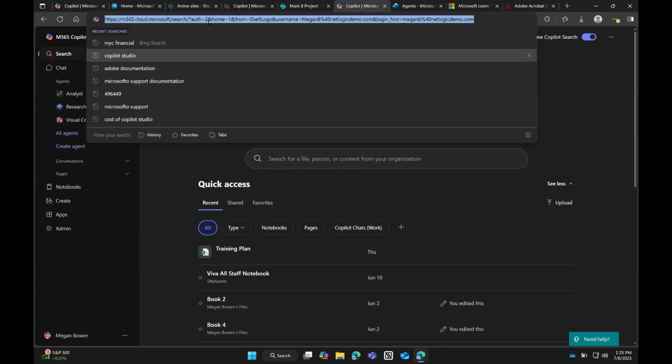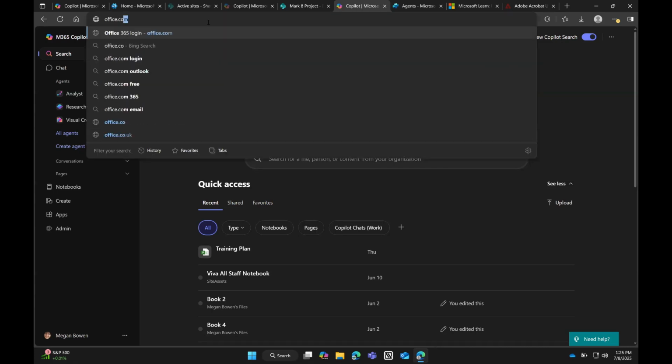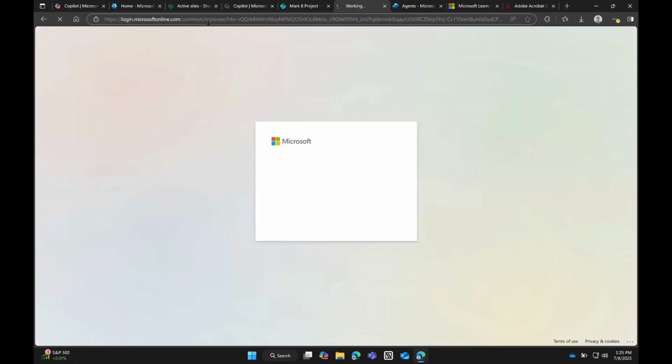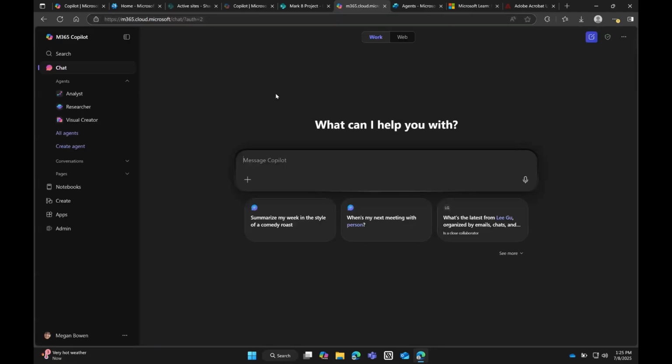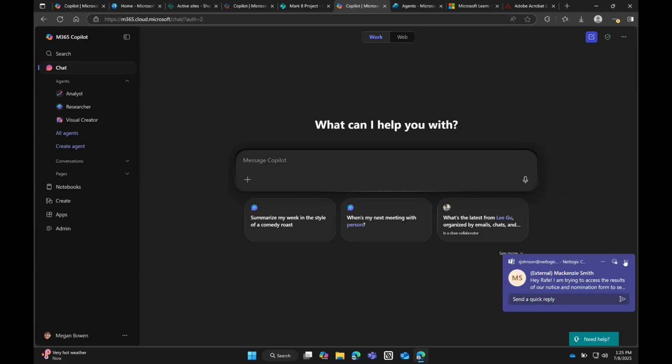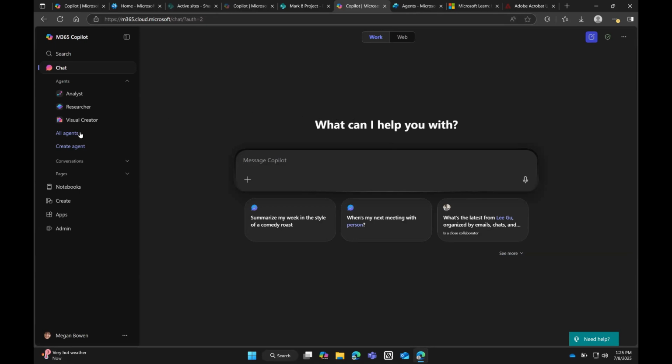So if you ever want to go to the home, you could still use your office.com URL here. Once you sign in, or if it automatically signs you in, your new homepage is now Copilot. So you're probably using it without maybe even noticing. Once we're in Copilot here, we are not in a specific SharePoint site. We are not looking at any specific area. We are on the generalized Copilot page. You're going to notice that on the left-hand side, you're going to see text that says create agent.